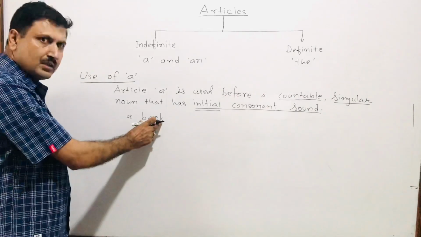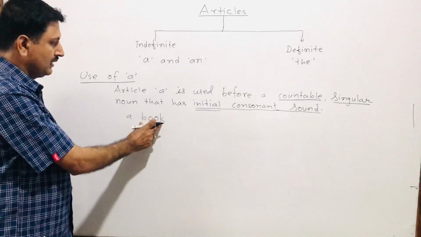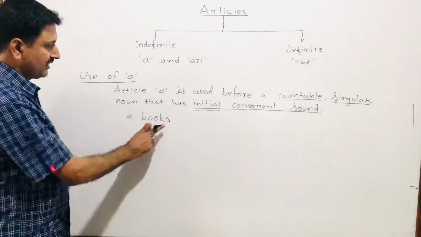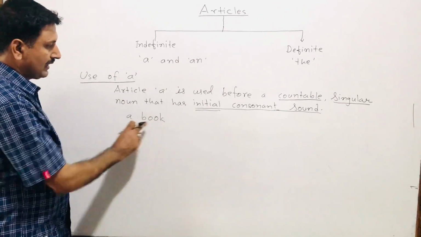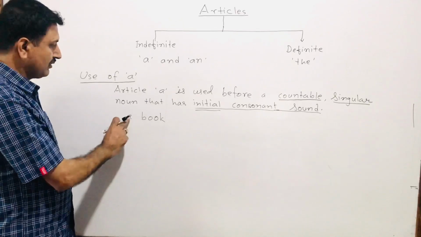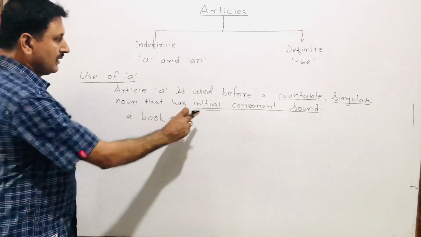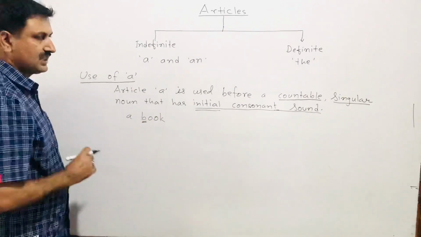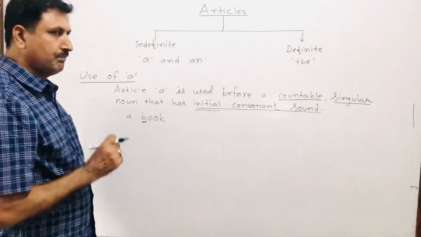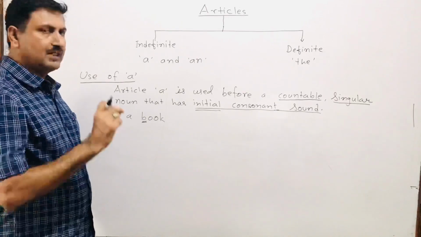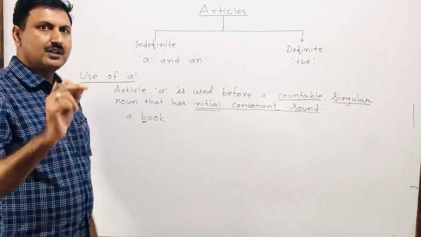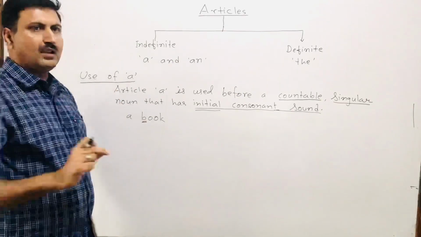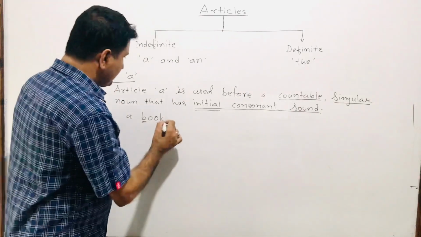We can count book, and I have not written books. This is plural, but now I have written book. This is singular, and the initial consonant sound at the beginning has a B sound. Ba falls in the group of ka to ga. This is consonant. That is why we can say a book. Similarly,